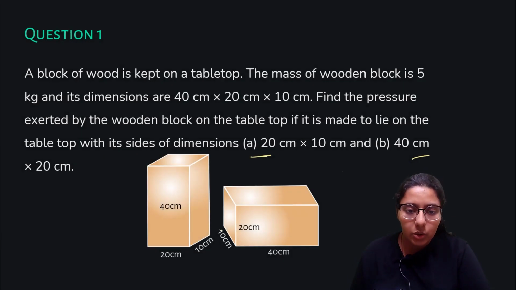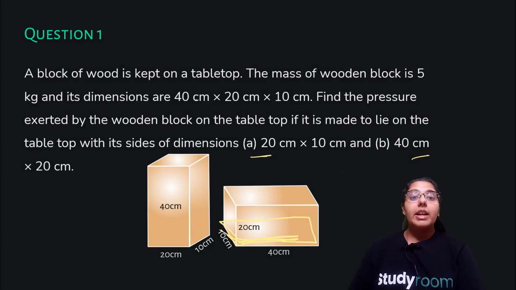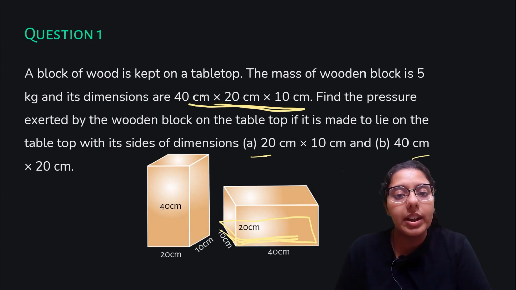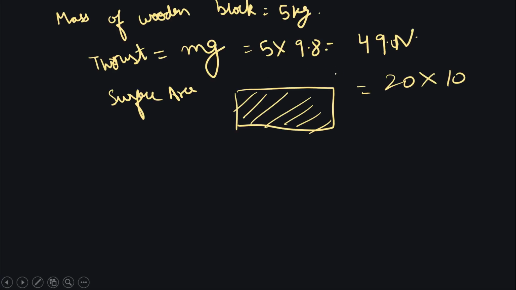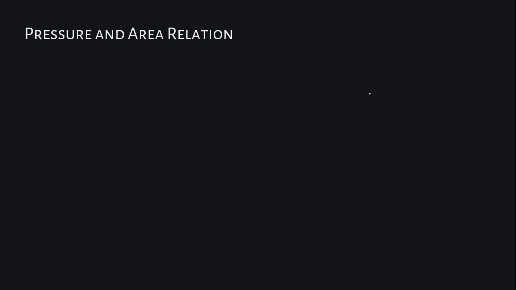We're not talking about the volume. If we had to take volume, we would have taken all the dimensions. But since we have to take the area, which dimensions are we going to take? The rectangular dimensions, which are 20 into 10. So what is your surface area? It's 20 into 10 and it is equal to